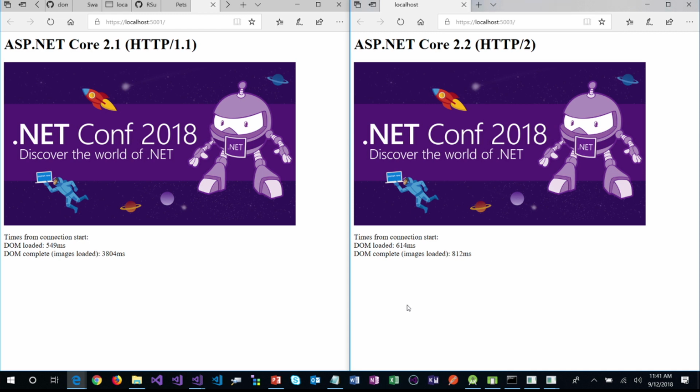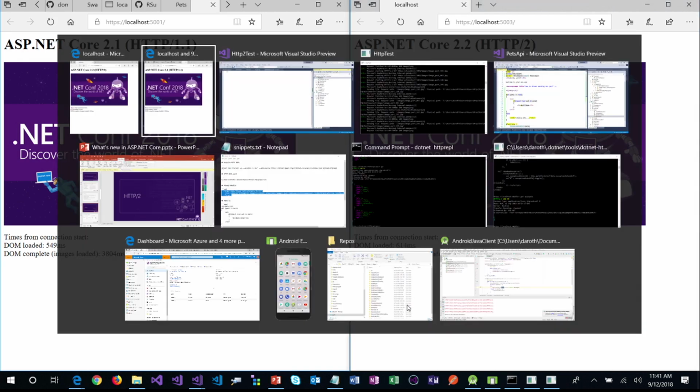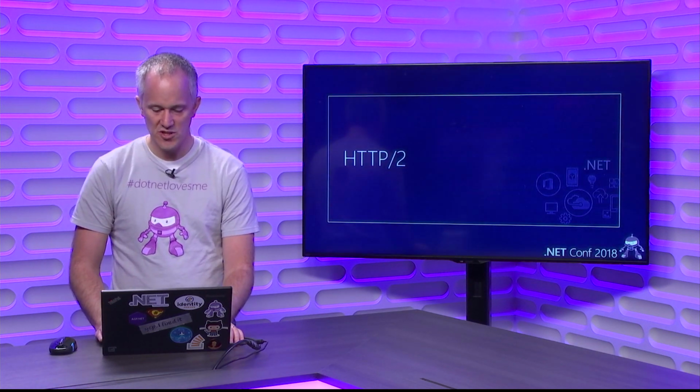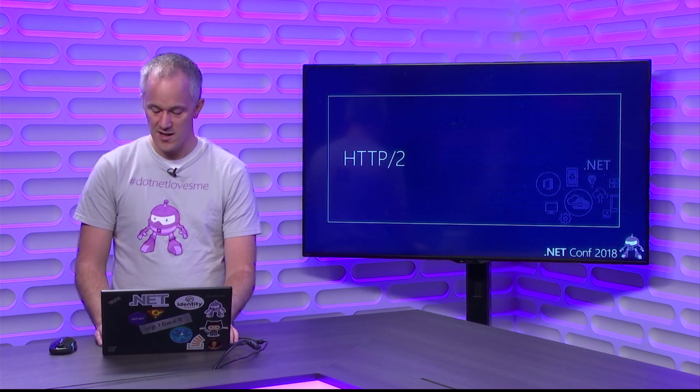Let me stop the servers. All right. So that's HTTP2 support, and like I said, it's on by default as long as you're over